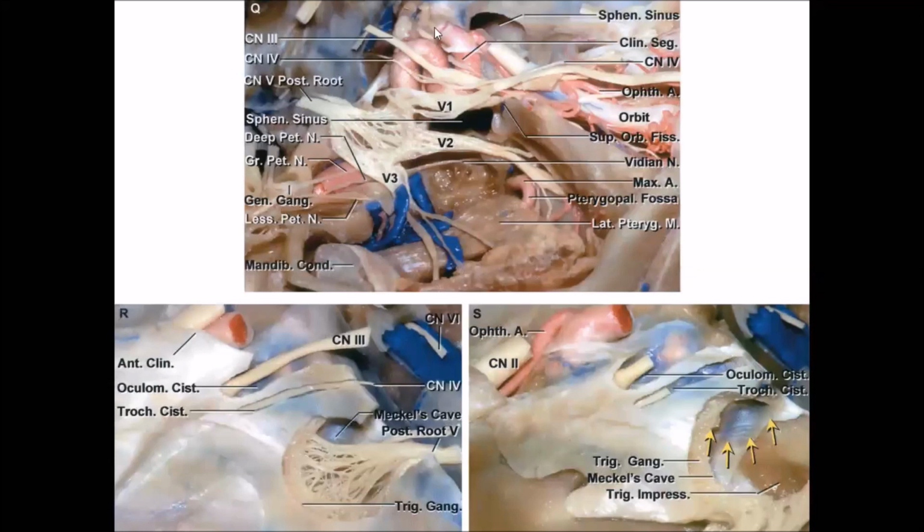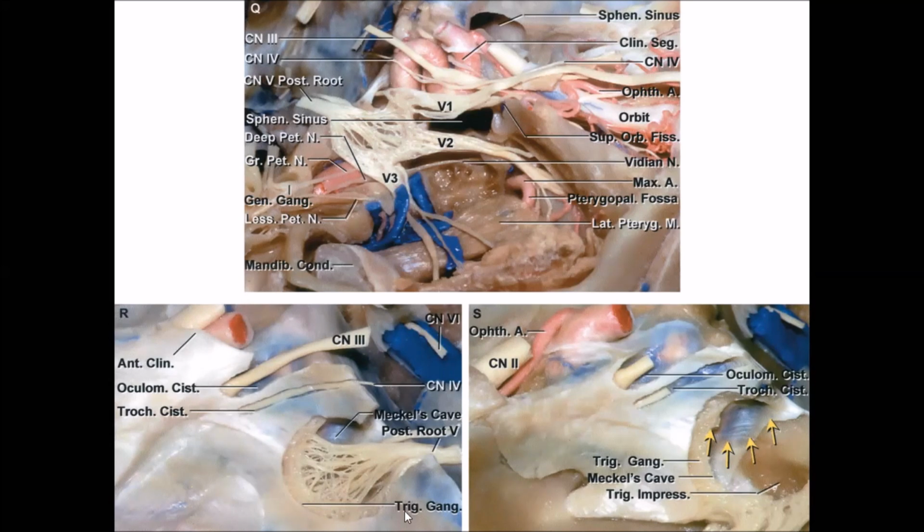So the same anatomy incorporating all the structures is shown here. This is the anatomy on the opposite side, on the left side. The same anatomy on the left side. So far we have seen the right side. This is the right side anatomy, and the same thing in the left side anatomy.